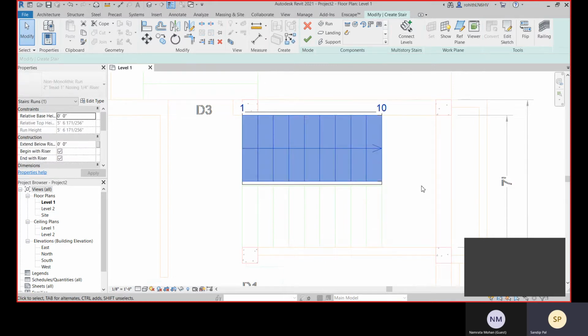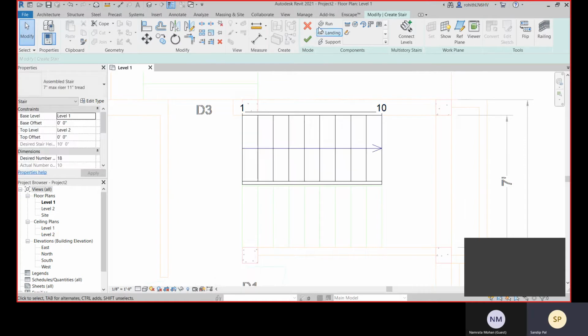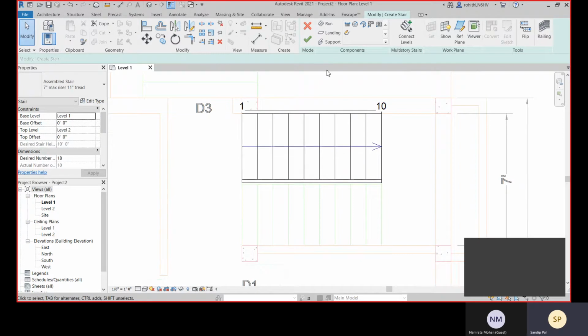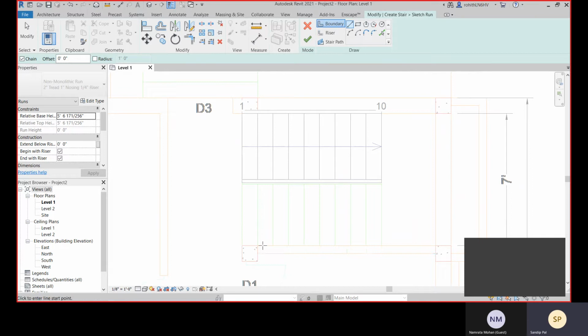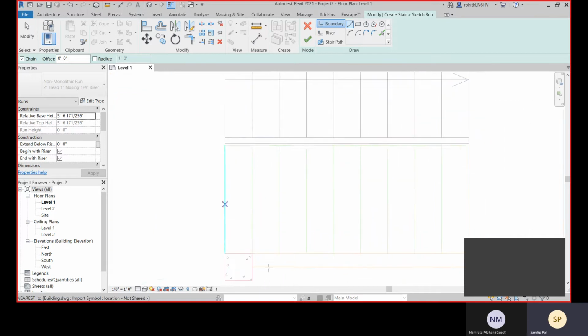We can hide this temporarily. Here we cannot hide this because we are in this creation mode. All right, so next go with create sketch. Here I'm going to make the error first.